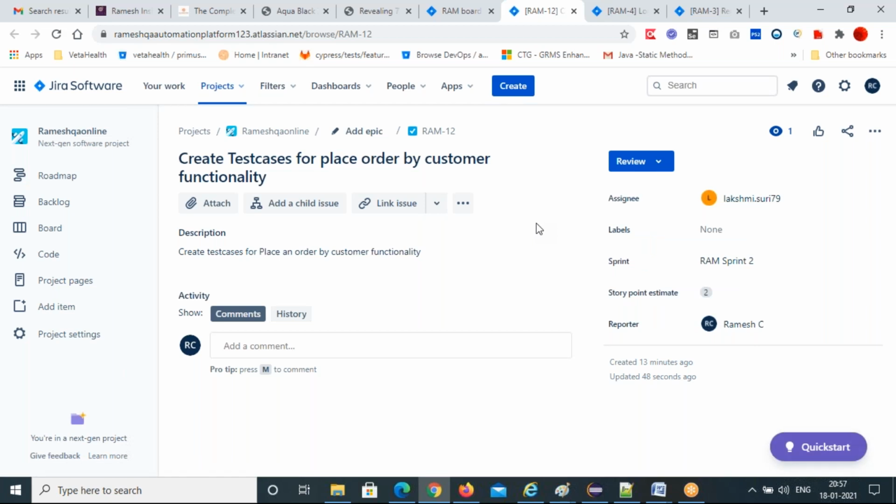Okay, sir. So what is Jira? Jira is a bug tracking or issue tracking tool. It's a project management tool, and it is used to handle the tasks. You can create bugs, you can track the defects, you can see the requirements in the form of user stories, epics. What is a user story? I'll explain user story, epic, all these things when it comes to Agile methodology.